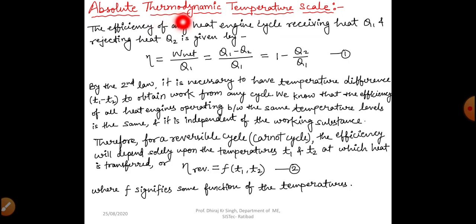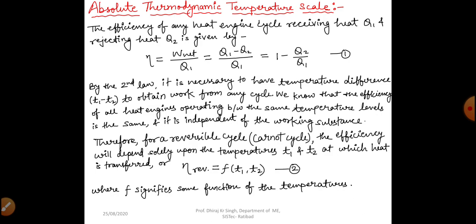First of all, what is the absolute thermodynamic temperature scale? Basically, dear students, an absolute temperature scale may be constructed by taking the temperature directly proportional to the volume of the gas in a constant pressure gas thermometer, and the scale is based upon a gas at zero pressure. It is basically a physical realization of a logically formulated absolute thermodynamic temperature scale, which will be introduced in connection with the second law of thermodynamics. This scale is also known as the Kelvin scale.